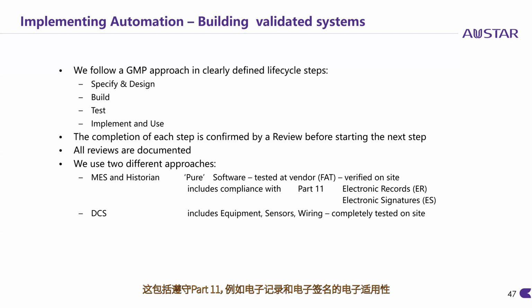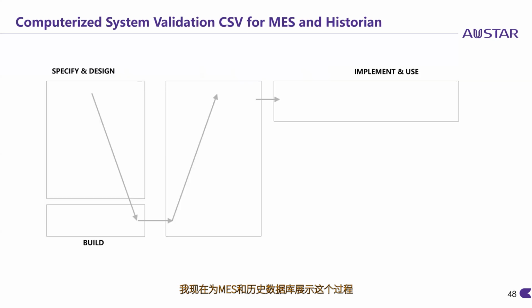This includes compliance with Part 11, like electronic fitness for electronic records and electronic signatures. The second method is used by the DCS because it includes equipment, sensors, wiring. We have to do everything on site. So I show this process now for MES and Historian. We start with